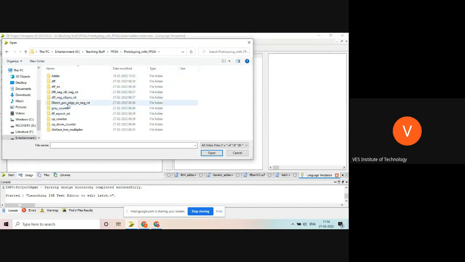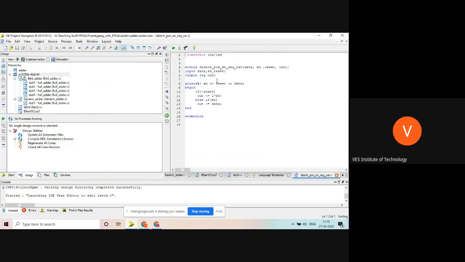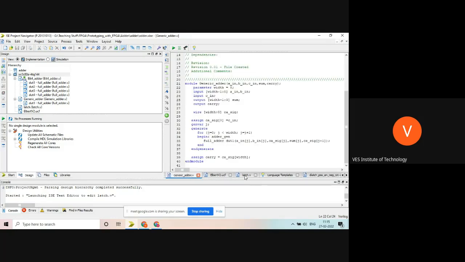So I'm trying to create a D-latch with positive edge and negative reset. So let's see what is written. I will first copy this and then we'll talk about it. Or I will write a fresh code here anyways. I'm not using reset, so I will directly use the enable instead. So I will write something like this.